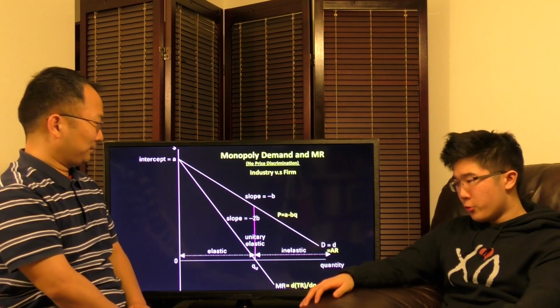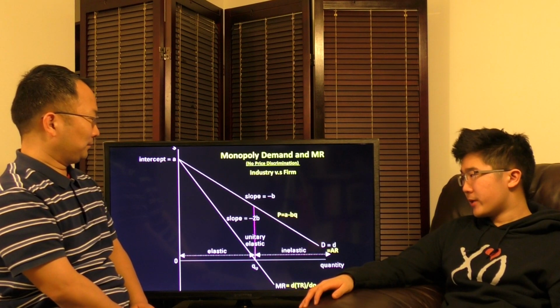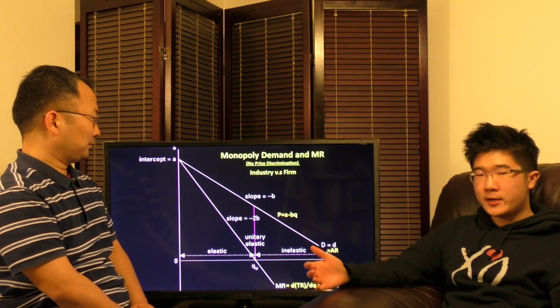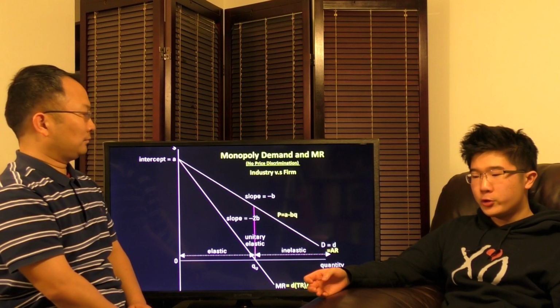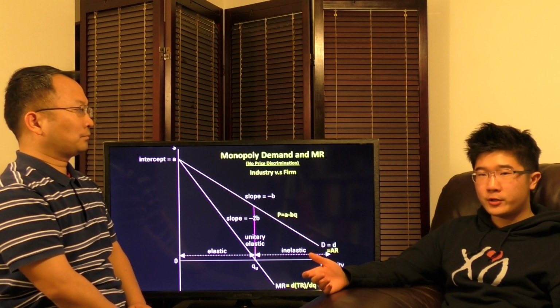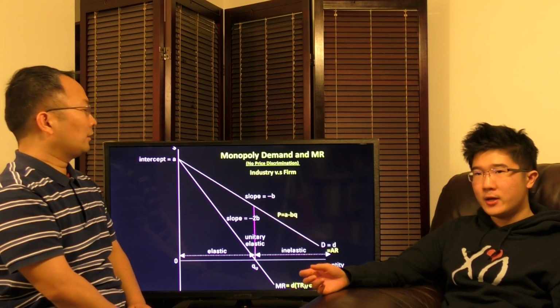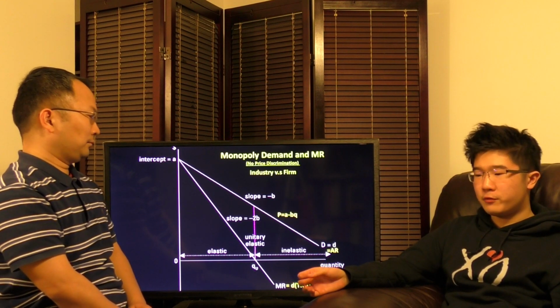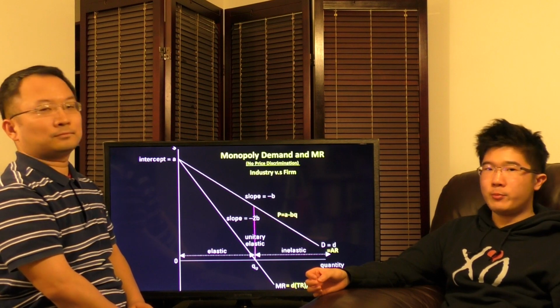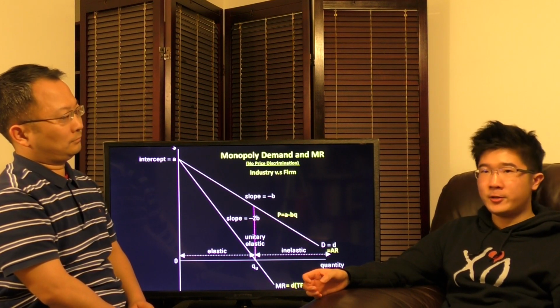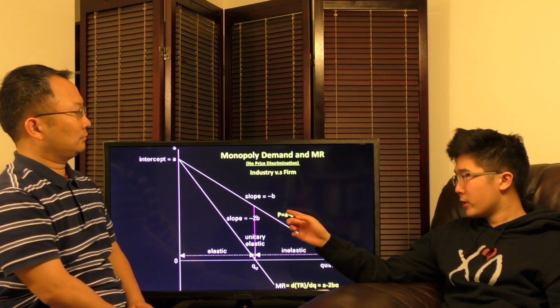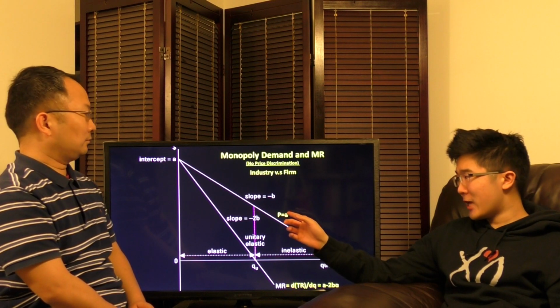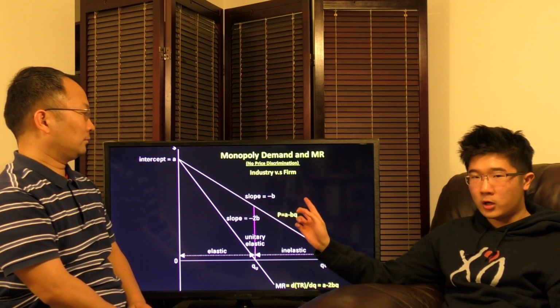The reason we have a separate marginal revenue curve from our demand curve is that monopolies control the industry completely, so in order to increase the quantity sold of their product, they have to decrease price. Yeah. So, for instance, if you want to increase production from, let's say, 500,000 units to 1 million units, you have to decrease price by a certain amount, because in the demand curve's equation, P equals A minus BQ, A and B are constants.